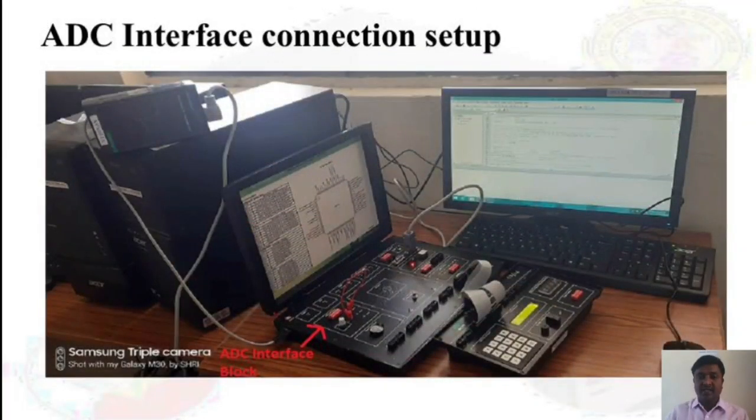Now let us see the ADC interfacing connection setup. As shown in the figure, this is the desktop computer and the ARM7 development board kit MC10. Here I have connected a power supply, one point to the ARM board, another to the 230 AC voltage supply, and an RS232 communication cable from the CPU to the PS1 point of the ARM board kit.